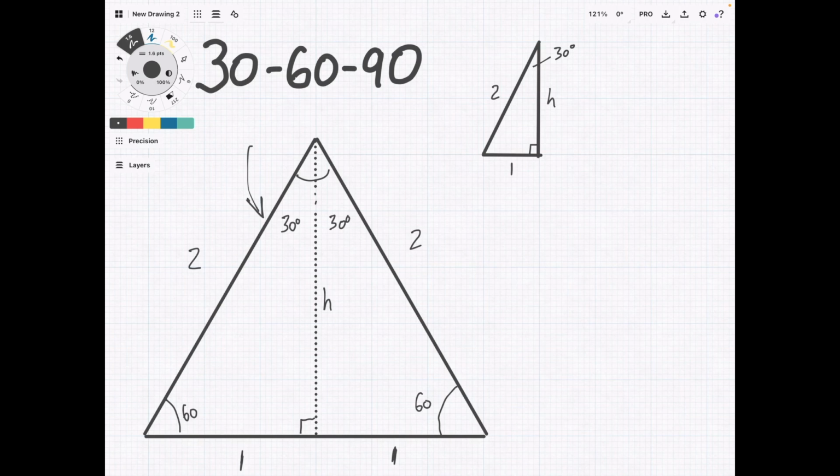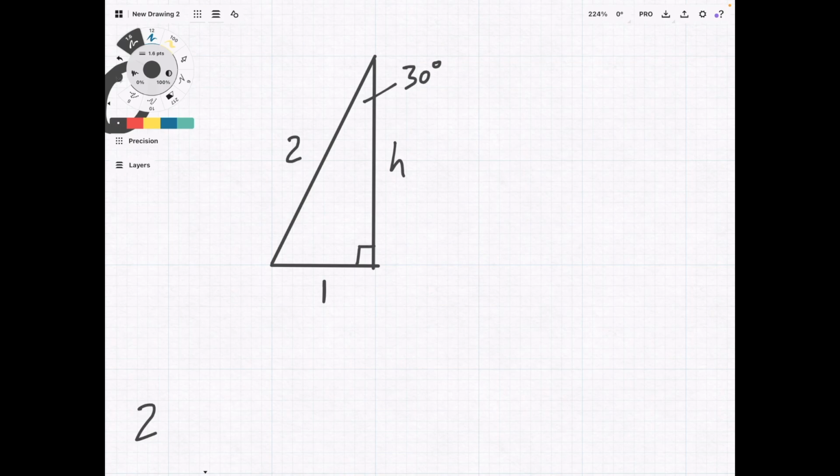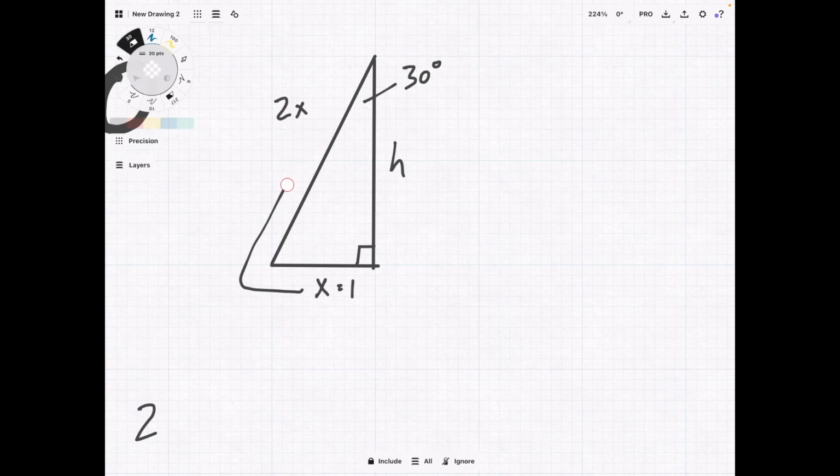Okay, so we're going to zoom in even more. To make this derivation a little bit easier, we're going to turn this value 1 into x. So this was 1. Then we can use some algebra to turn this into 2x. So 2 times 1. We're going to get rid of that. Get rid of that. Now we can use the Pythagorean Theorem